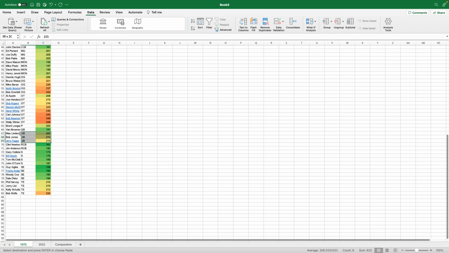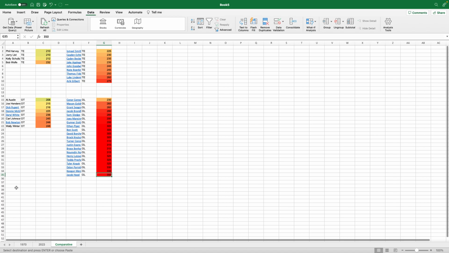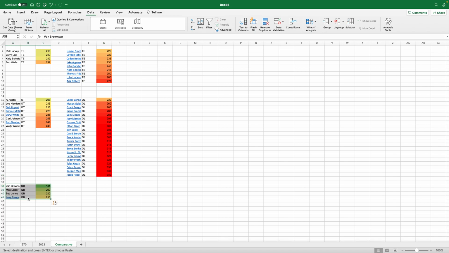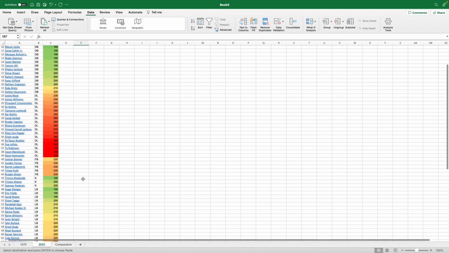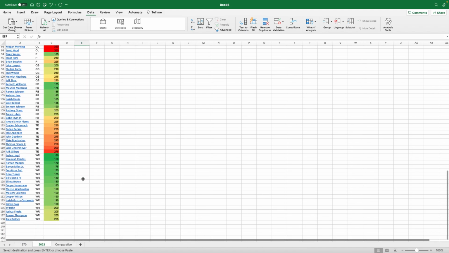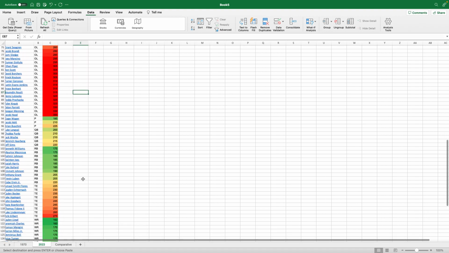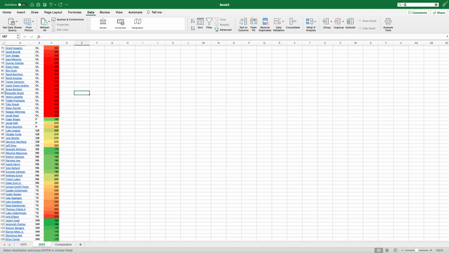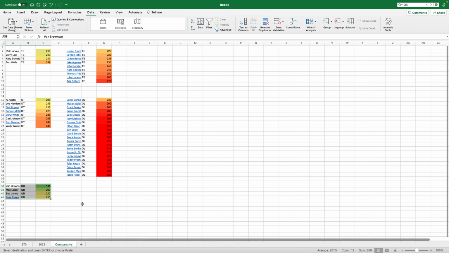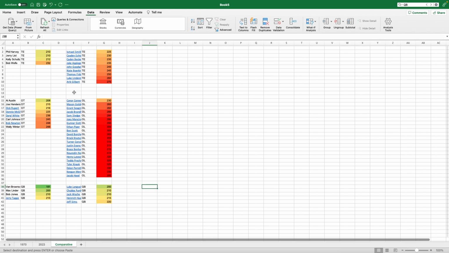I'll go with quarterback, because I know they had quarterbacks then, quarterbacks now. Grab the QB, copy and paste it in. Do the same thing with 2023. Go find the QB. Again, it's alphabetized. They have a quarterback in here. There we go. QB, copy, paste. Last step of this, and then we're going to be done, is I want to find the